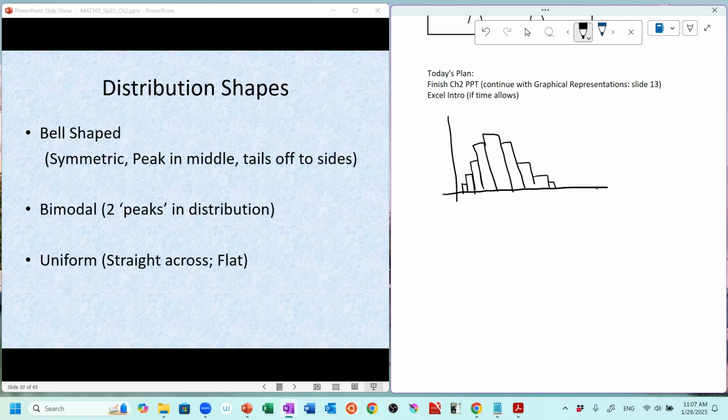If I see something like this where I have a clear peak in the middle, tailing off to the sides, and there's this axis of symmetry. If I look at the middle and imagine flipping the whole thing over that middle axis, it would look the same. If I flip the whole picture over this middle axis, this peak, it has the same shape. That's what we call a bell-shaped distribution. So this is bell-shaped,